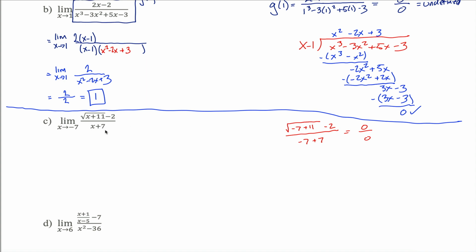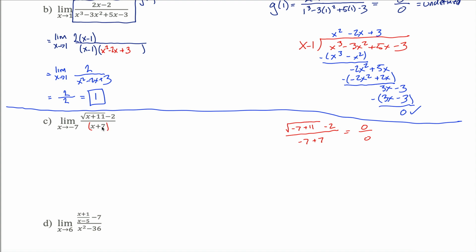In the bottom, it's not hidden very well. It's kind of in plain sight. There's the x plus 7 right there. But there's an x plus 7 in the top that's very well hidden. It might be surprising to you that there's an x plus 7 up here. But there has to be an x plus 7 up here because negative 7 is a root of the function. And again, negative 7 is a root of the function because when I evaluate the top at negative 7, 0 comes out. So all I have to do is find that x plus 7 so I can cancel it out